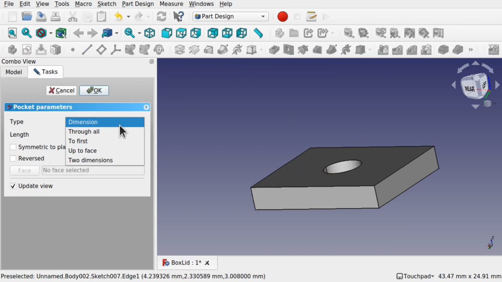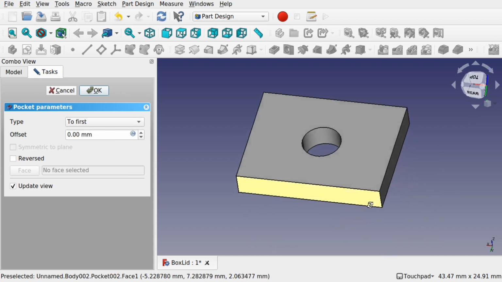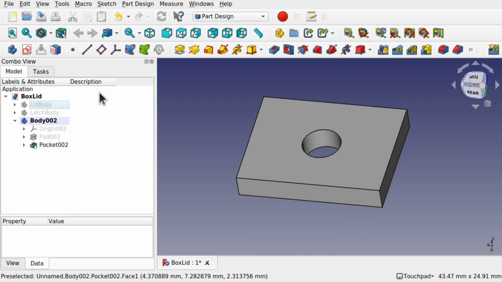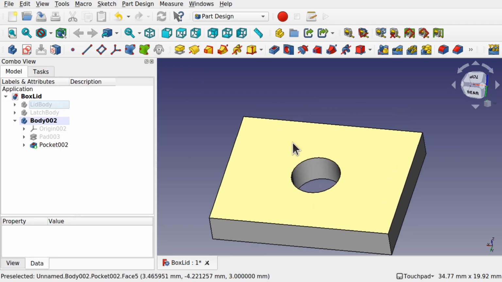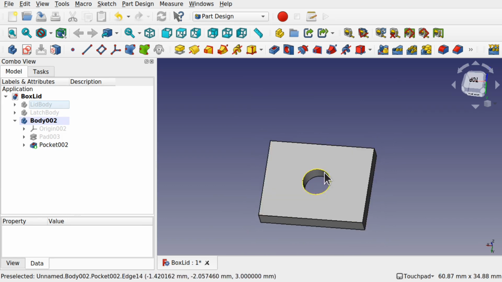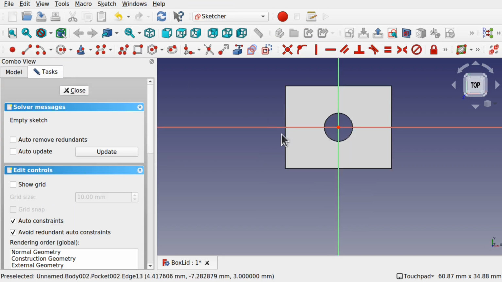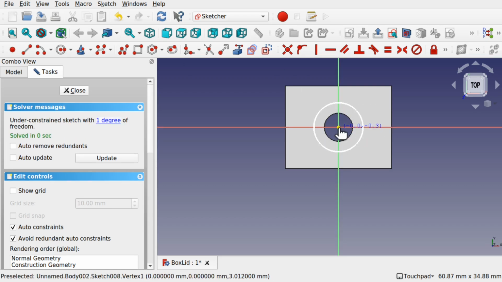And we're going to go to first, so that's going to go all the way through there. And hit OK. May want to reduce this down a bit, but we'll leave it like that for the time being. I'm going to add another feature here, so I'm going to click on this face and create a sketch, and we'll add a circle and another circle